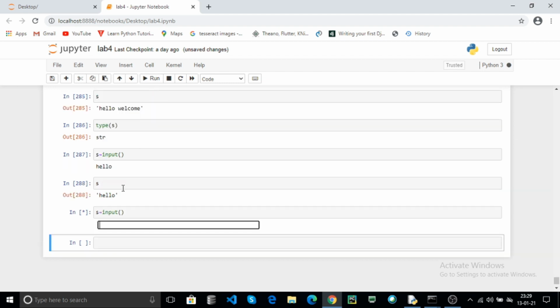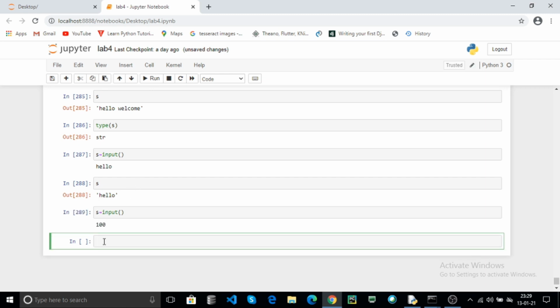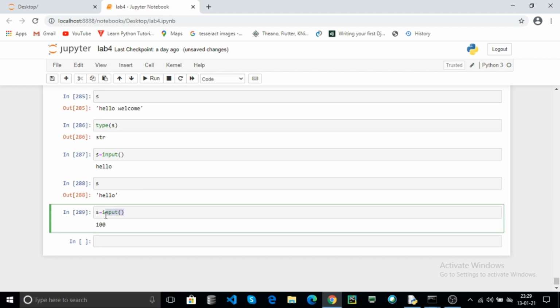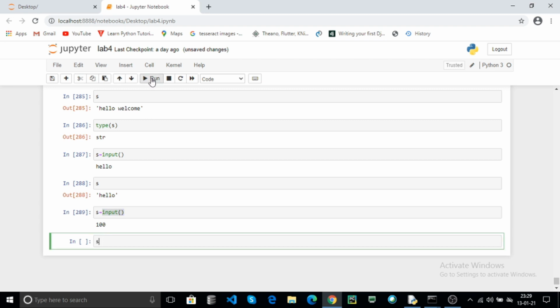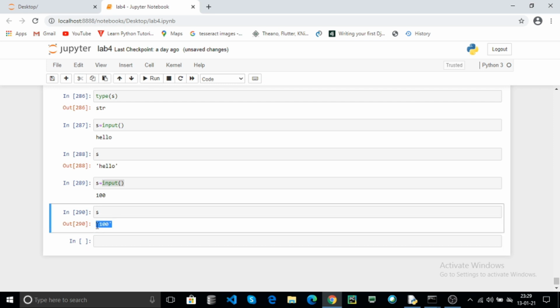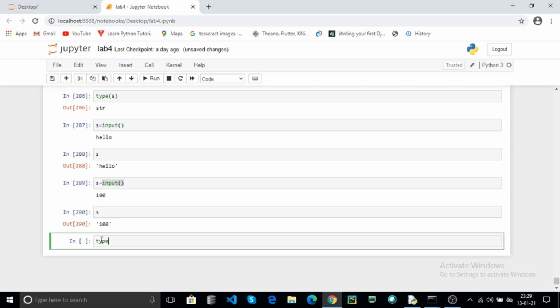And click on run. Here you can enter any integer data, hit enter. It also contains the string type because input takes data as string type by default. Here the 100 is enclosed with single quotes. That means this is a string.